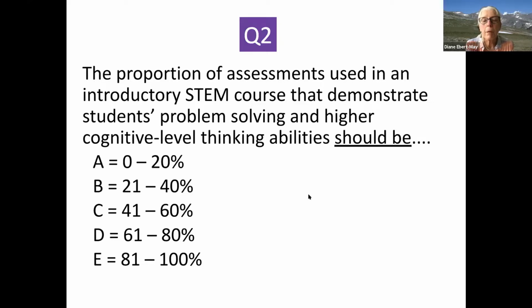So the group is saying that 50% or more of those assessment items on a student's high stakes exam, which counts for their grade, should demonstrate students' problem solving skills, their ability to think, higher level thinking cognitively, and we should then be able to look at those exams and see items that actually demonstrate that. So that's what you think, and what we do know from the literature and some of the research that my group has done is that, in fact, that's not the case.